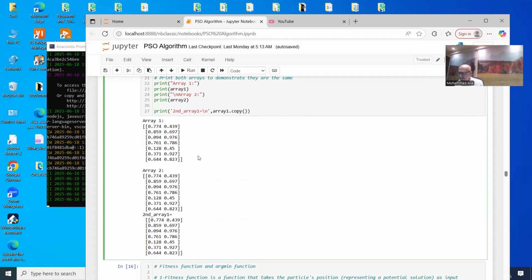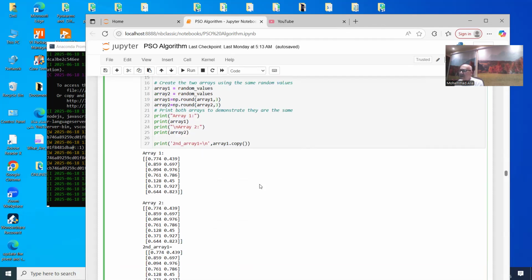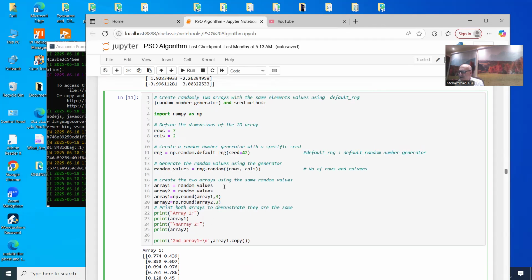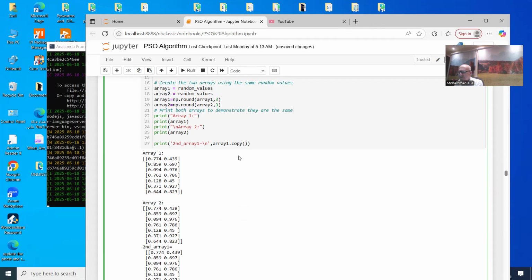So I have created 2 arrays randomly with the same element values. Can I select them randomly with different values? Yes, I can. Instead of 42, for example, here, let me put 20 or any number. 33, for example. Now, if I run the program, I shall have also